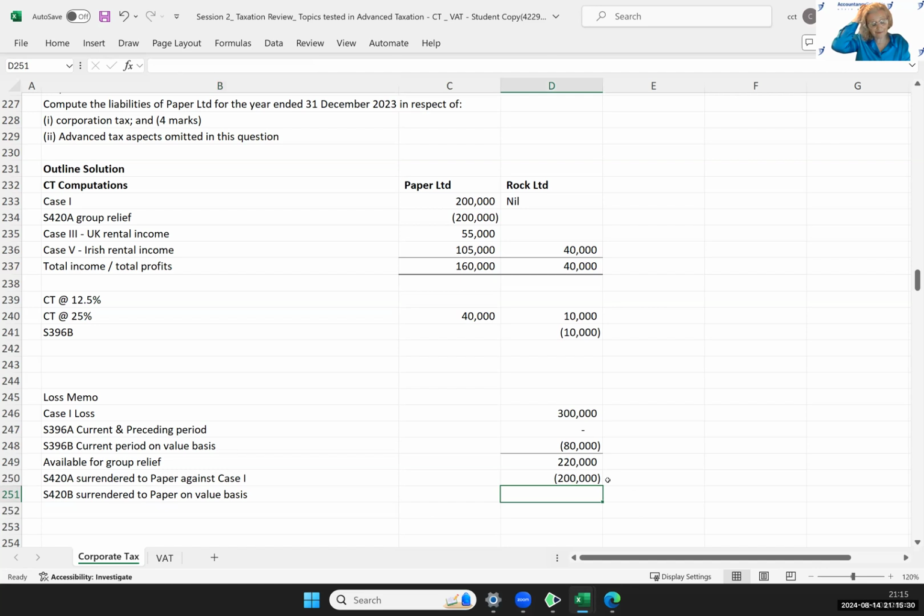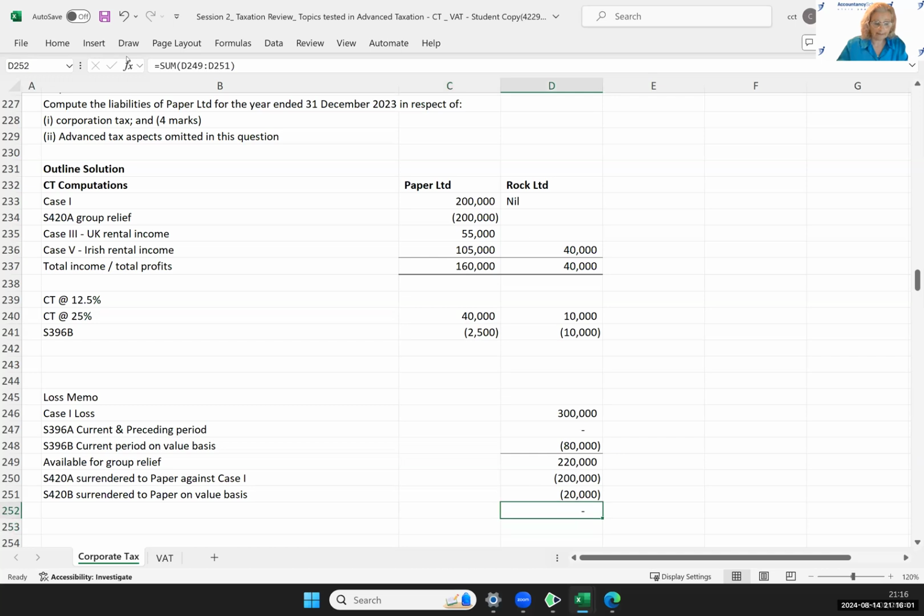Here, I don't need to figure out how much losses do I need to take, because I actually don't have enough losses to get rid of all of the tax liability. So here I'm just going to take the 20,000. And when we take that 20,000 multiplied by 12.5%, that gives us 2,500 of value basis relief